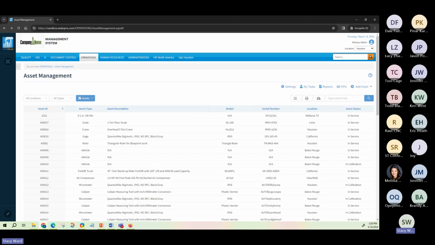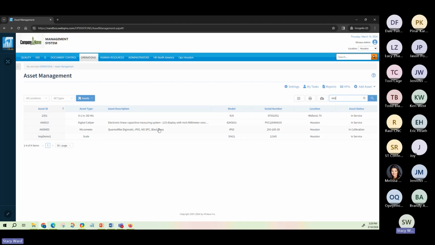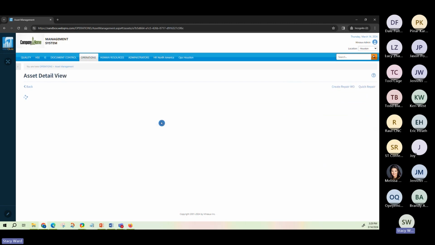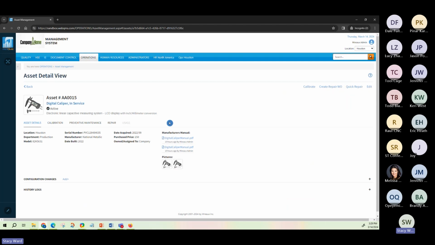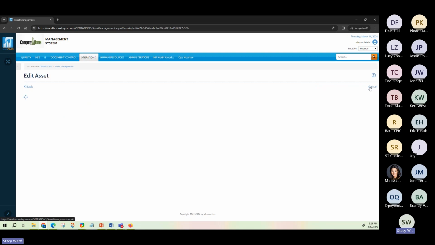Now that we've got our asset added, one other thing I wanted to point out, let me see if I can easily find where that guy showed up here. I tried to give it a simple number so I could find it again. It's this one here. You do have the ability to edit equipment. So let me show you that right quick. When I click on a specific piece of equipment, I'm in detail view and you have edit up here in the right corner. If I want to edit something,